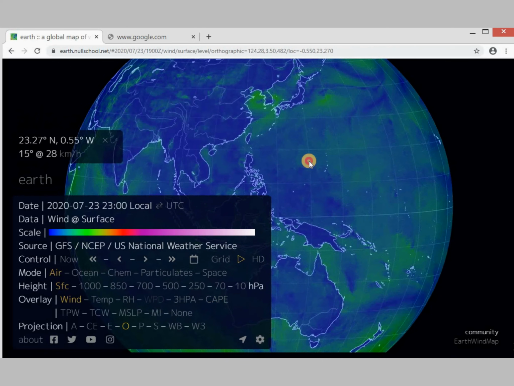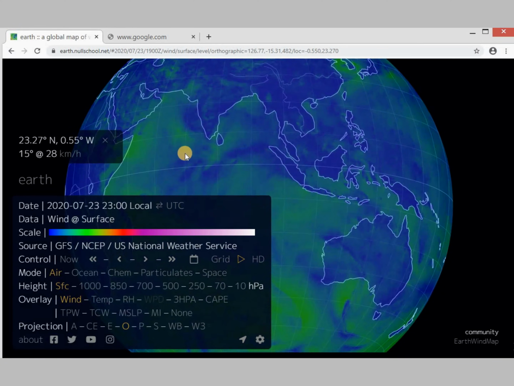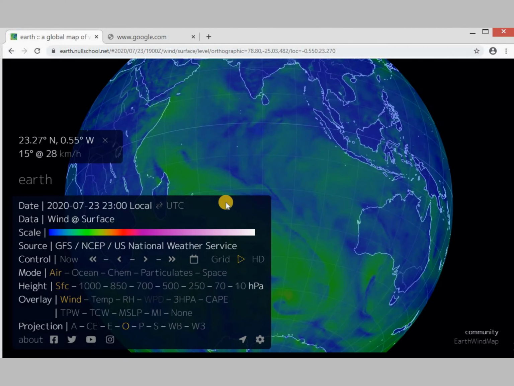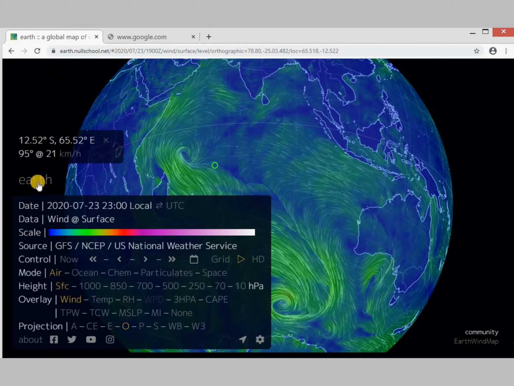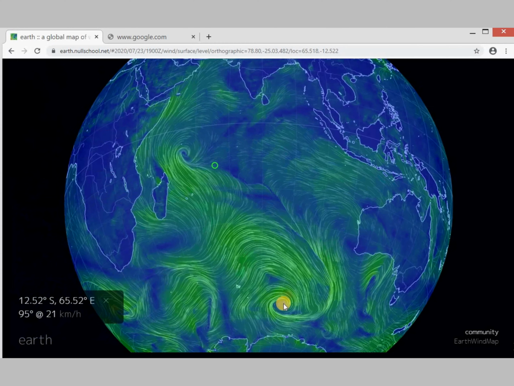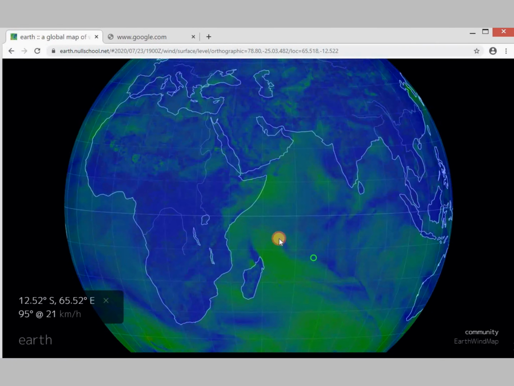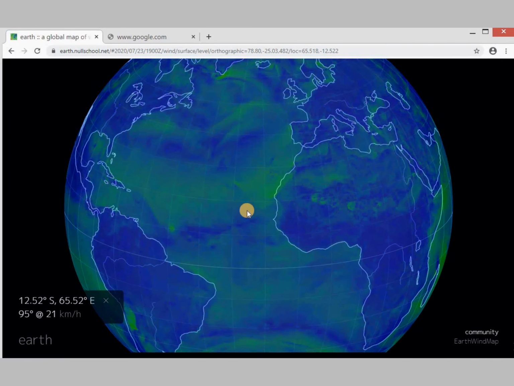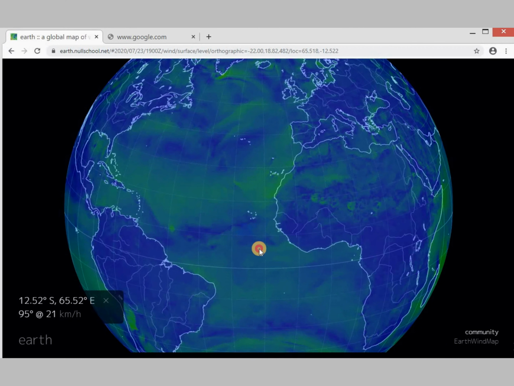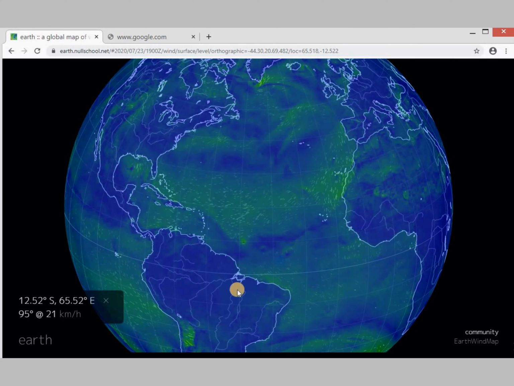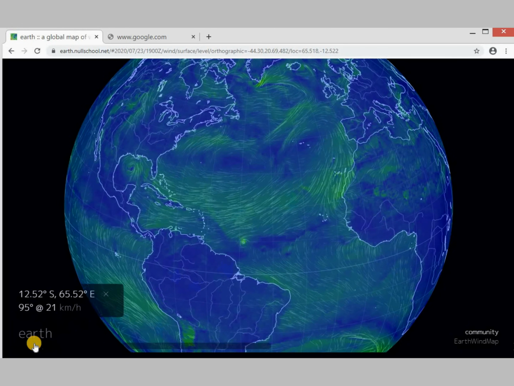Now we are back to the typical wind layer of Null School website. So let's have a look at some interesting pattern of wind around the globe. Let's close this one. To close this tab, just click on this Earth. Okay, so here we see formation of cyclone and the different wind patterns. Then if we move there, in the Atlantic Ocean, some other patterns of wind are seen. Now this wind pattern will change if we change the height. These are the winds on the surface. If we change the height, the wind patterns will change.